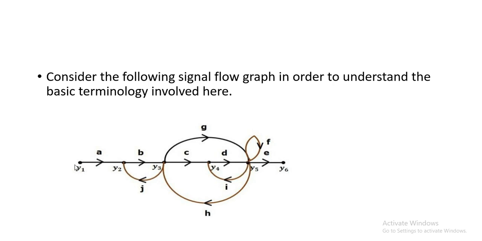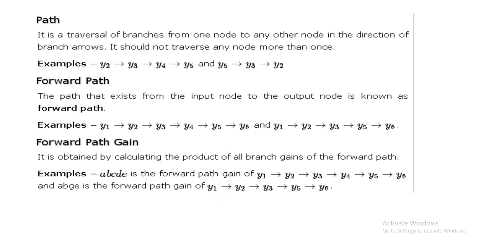So this is the path y2, y3, y4, y5; we have seen it from this to this, because these are the arrow directions. Similarly, this is the reverse path that we have seen, that is from y5 towards this arrow. We cannot go here because the arrow is in the reverse direction. Then from y3 to y2, so this can be another path. This is just an example of a path. It is not a loop.